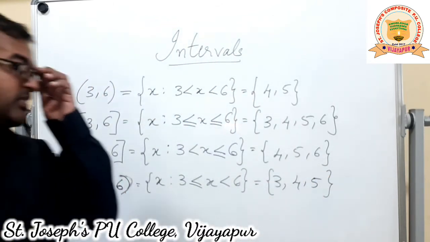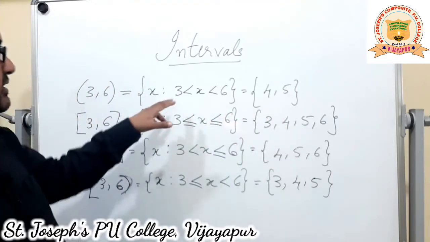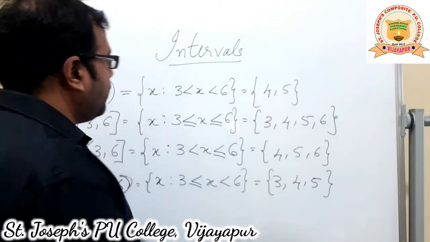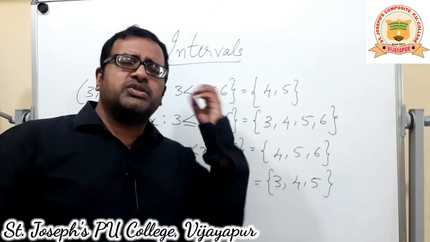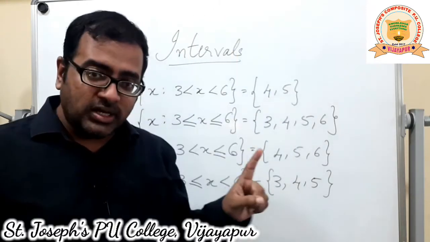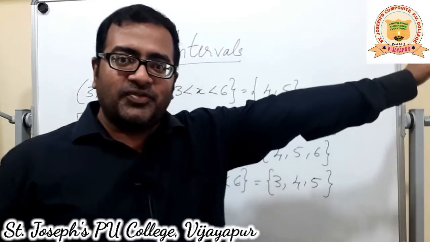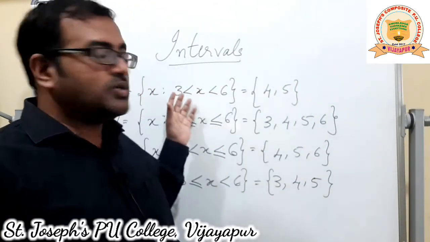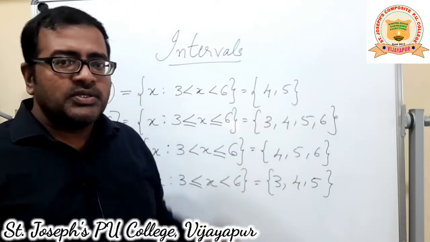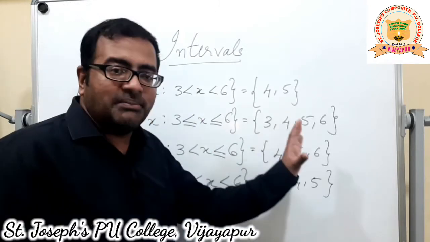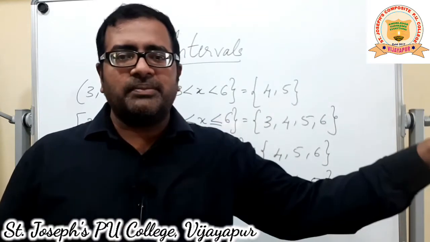This is with examples of natural numbers, but if I am considering real numbers, in that case it will not be just 4 and 5. It will be all the numbers between 3 and 6. Like we can start from 3.0000001 to 5.999999999, up to infinity. So all those numbers in between can be considered, excluding 3 and 6. So they are not points. If I mark it on a number line, they are actually the whole line itself. All the infinite points will be taken.